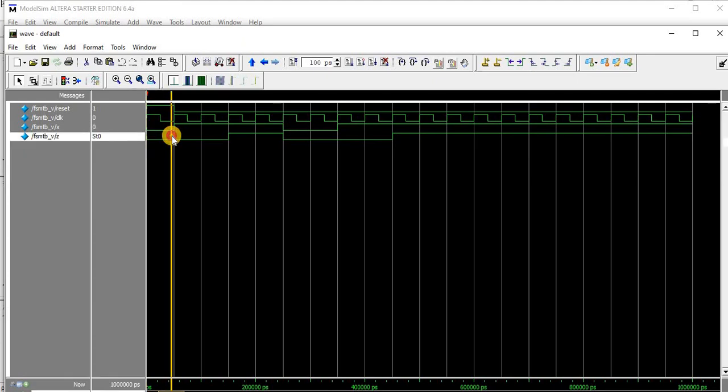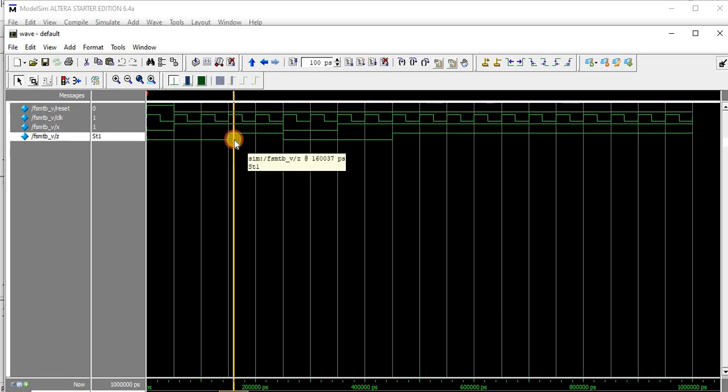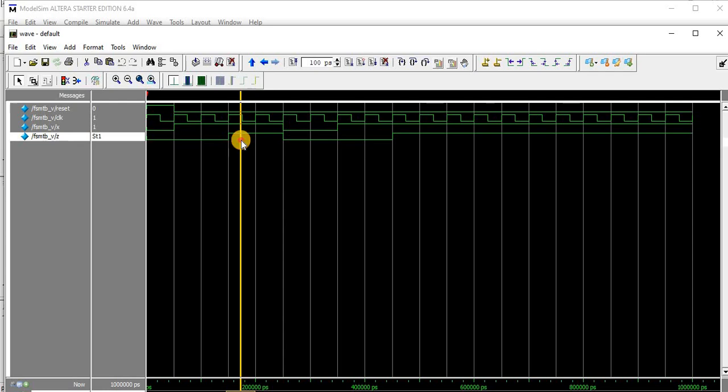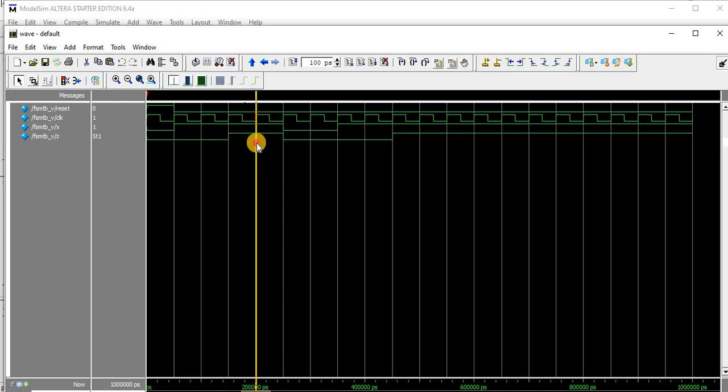If you see here, at first reset is equal to 0, so the output is 0, and then x equal to 1. So 1 clock cycle and 2 clock cycles, and in the third clock cycle, when 1 arrives, the output goes 1. Since it is overlapping and we are giving 4 ones continuously, we can see for 2 clock cycles the output is 1.